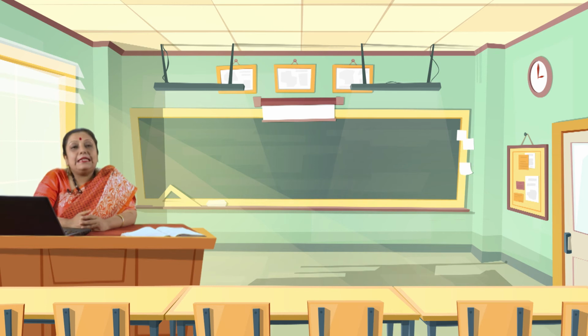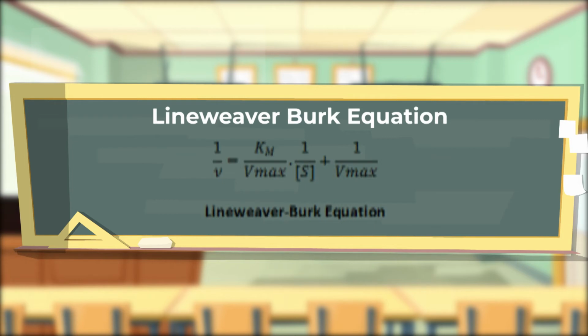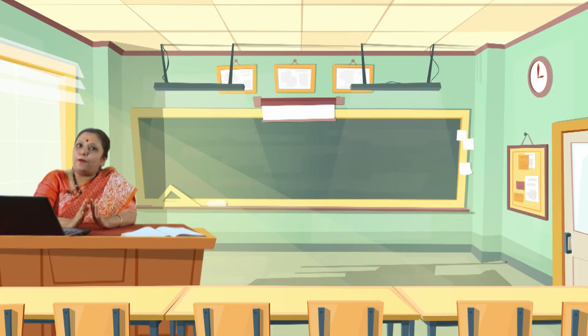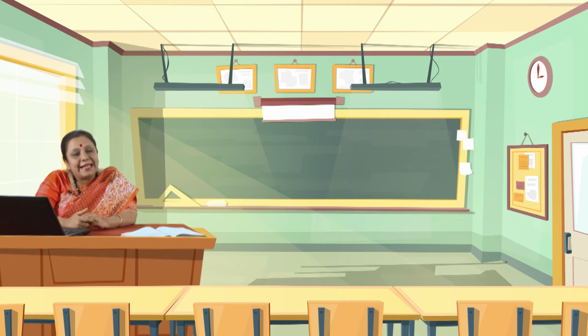Now, the Michaelis-Menten equation can be transformed to a linear version. First, the Lineweaver-Burk equation, that is 1 by V is equal to Km by Vmax into 1 by concentration of S plus 1 by Vmax. Now, we will look at their plots. When we look at the plot, sometimes the slope becomes very low due to the scattered points. So, for that purpose,